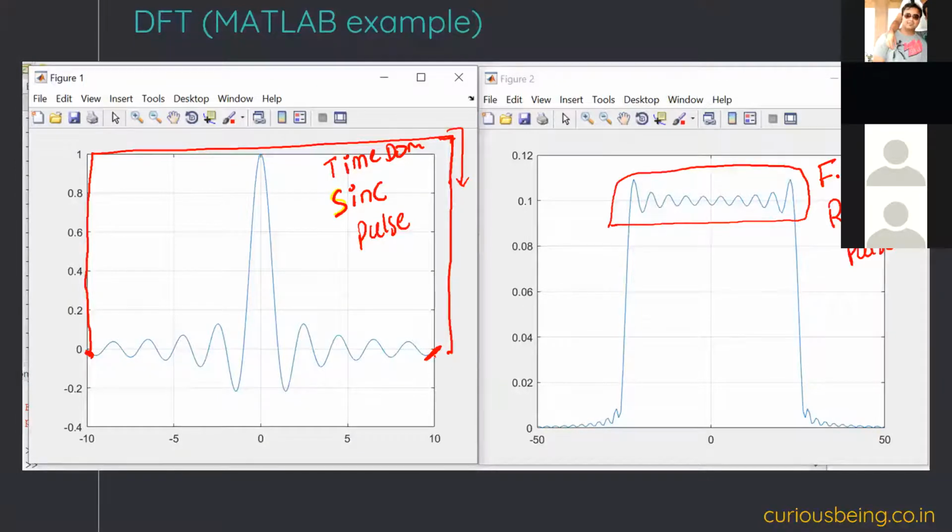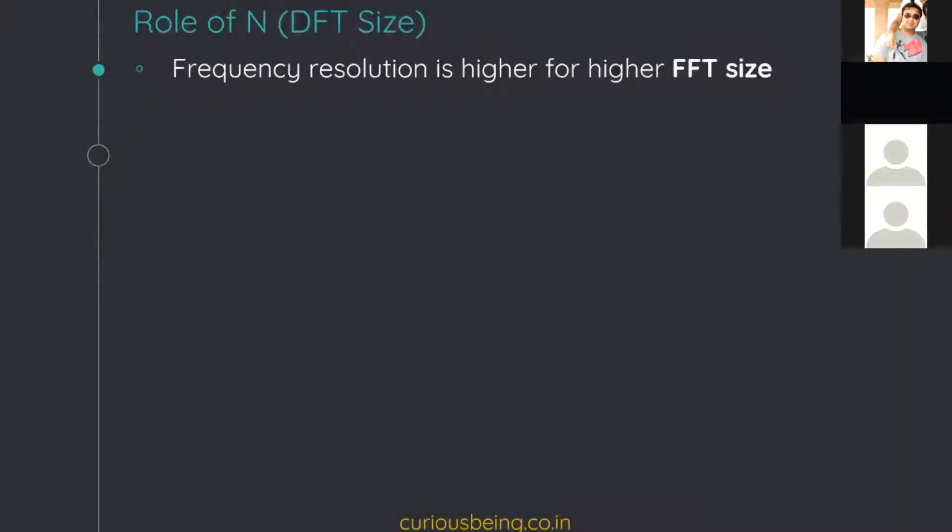Actually, with this, something came into my mind that it will be a good practice for all of you to window it with different functions. Instead of windowing with a rectangular function, I think in MATLAB you can find different windowing techniques. So you can try windowing with different functions and observe whether this pattern changes or not. I have not done that experiment, but it will be a good experiment. Okay, for now, I'll proceed.